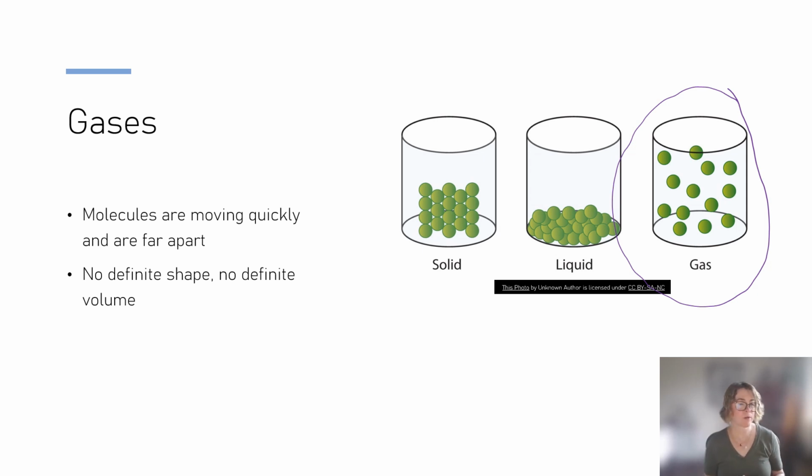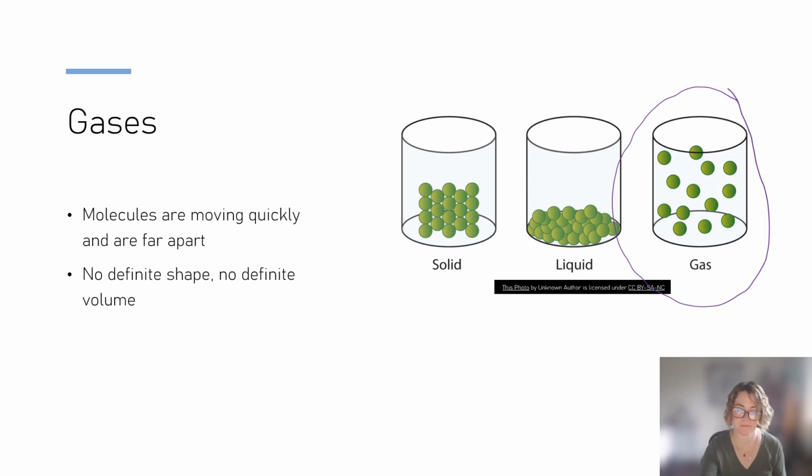The other component for a gas is that it does not have a definite shape and it has no definite volume. It is going to expand to fill the container. Again, those things to think about are how fast the molecules are moving in a gas, how far apart they are from each other, and then consider the fact that a gas will completely fill and occupy the container that